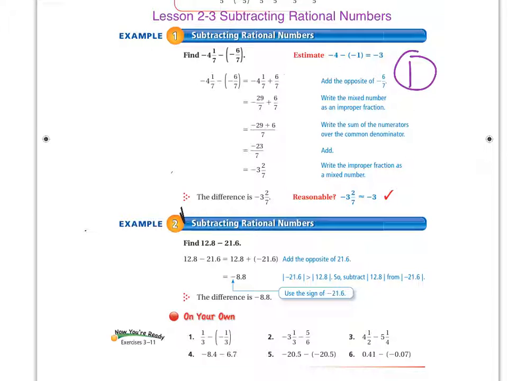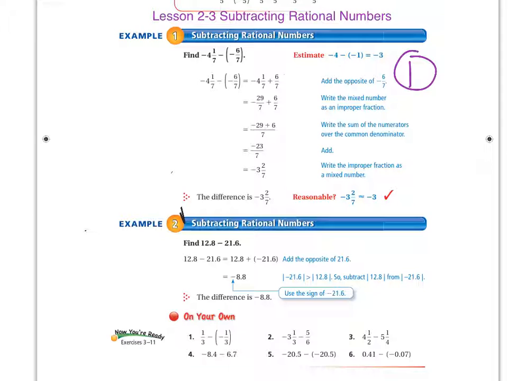Okay, so you have to do this if you have it. So in this case we have a -4 1/7. So I need to turn that into a not so improper fraction. So 4 times 7 is 28, plus 1 is 29. So that's a